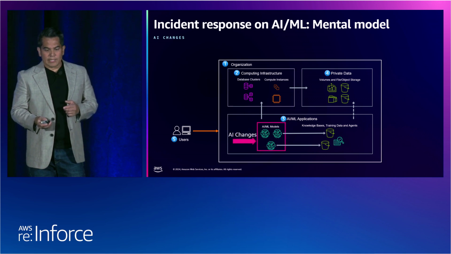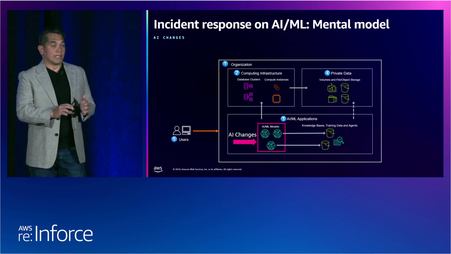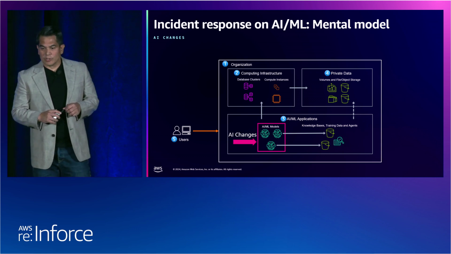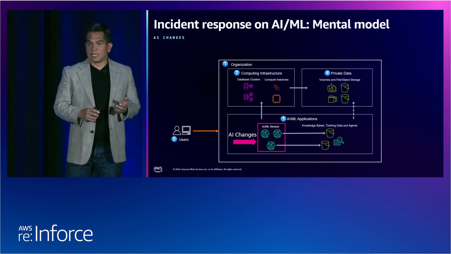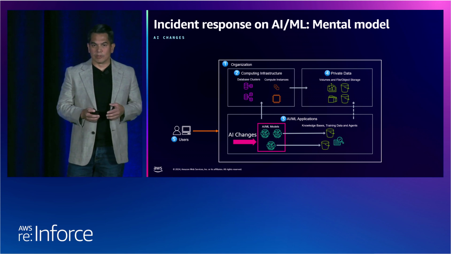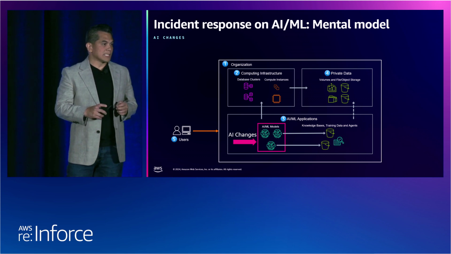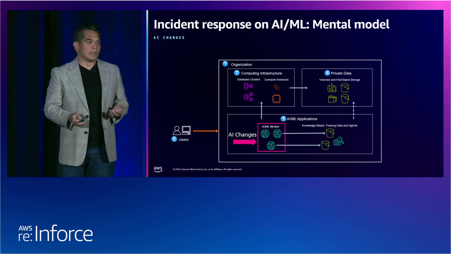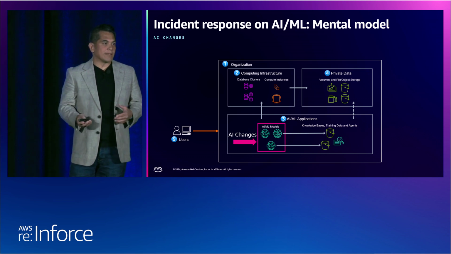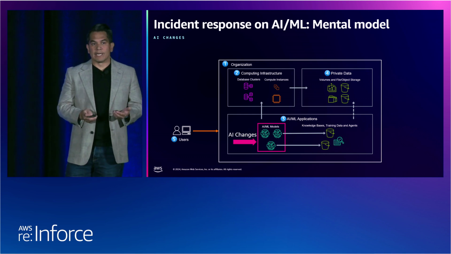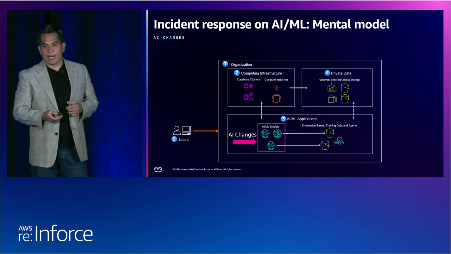The next element is with the AI models, and again, this is part of the AI ML application. So you're looking at whether the models, your FMs, custom models, LLMs, if they were accessed or changed, and especially if any guardrails are changed as well. We have guardrails for security. If they're changed, you want to determine or find out if they were changed, and if so, how.